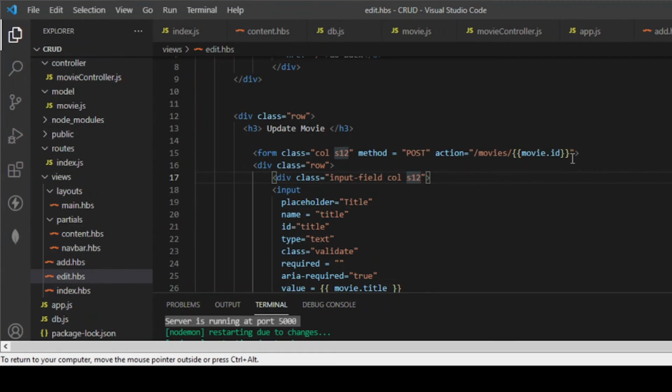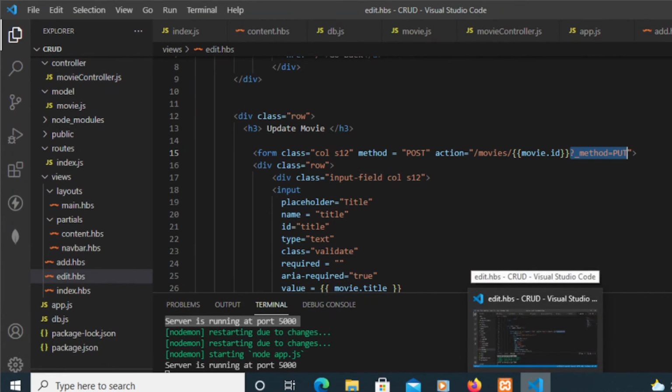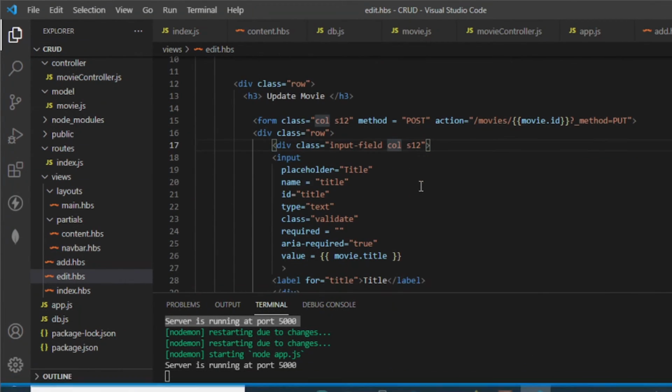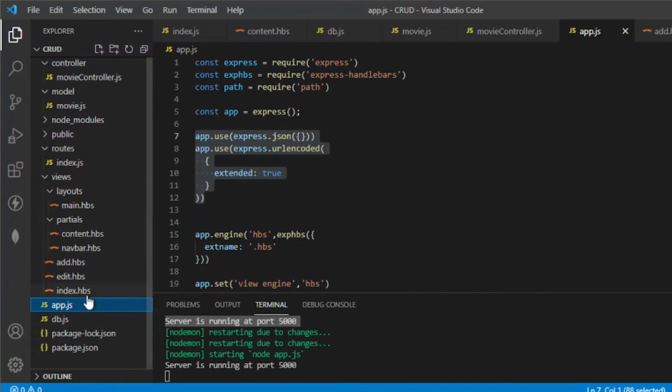To do that, the first thing we need to do is, from our form, we need to type this one: method is equals to put. Okay? You need to add this on your form so that this will apply the put method. But that's not all. We also need to apply it on the server itself. So to do that, from our app.js,